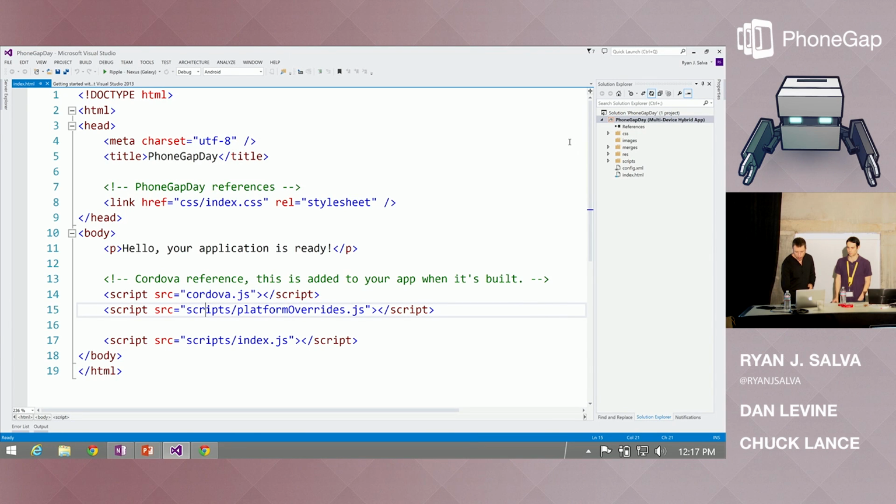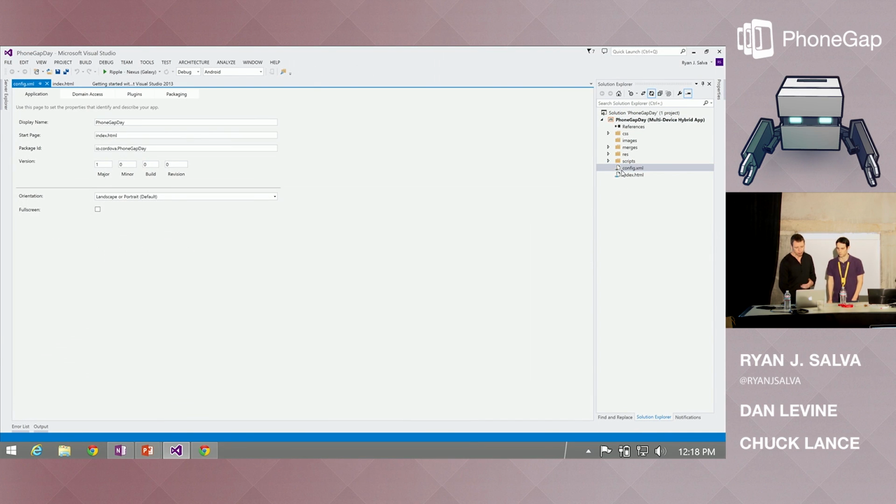So for plugins, we've got, I'll call it, a GUI, a visual designer that lives on top of the config.xml. I realize that that's super blurry, but you guys are going to have to trust me. That says config.xml. That's the normal config.xml that you'd expect for any typical Cordova project.